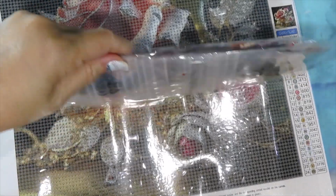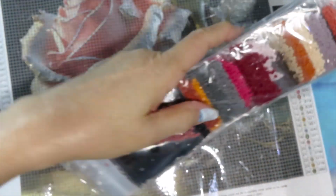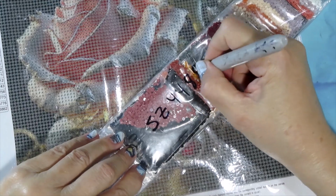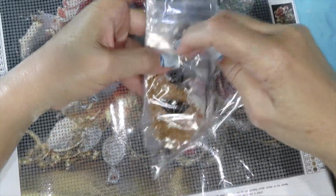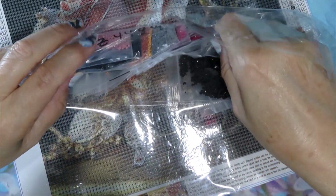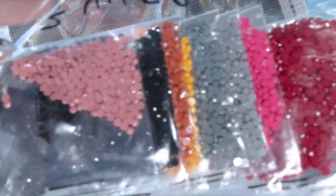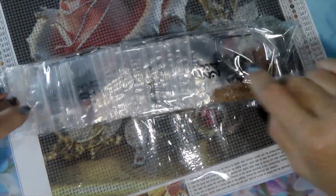Let's put the code on this. Let's see, where is the opening of this? On this side. So let's put it on this other side. SC 4489. Okay. Here they are. Beautiful colors. I don't want to disturb them. That's why I don't take them out, because